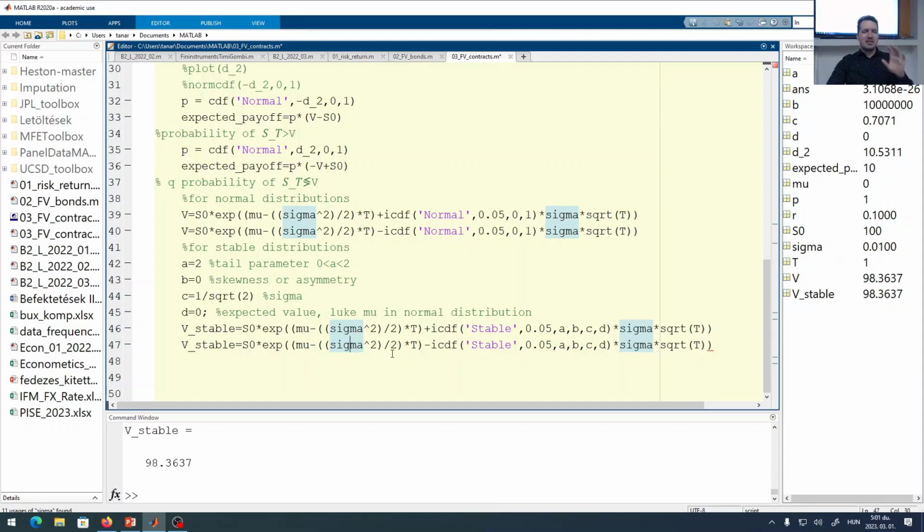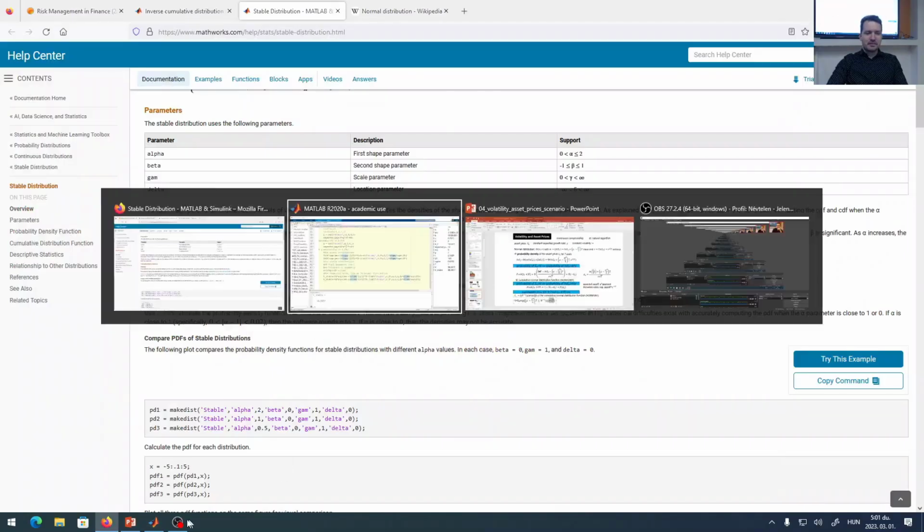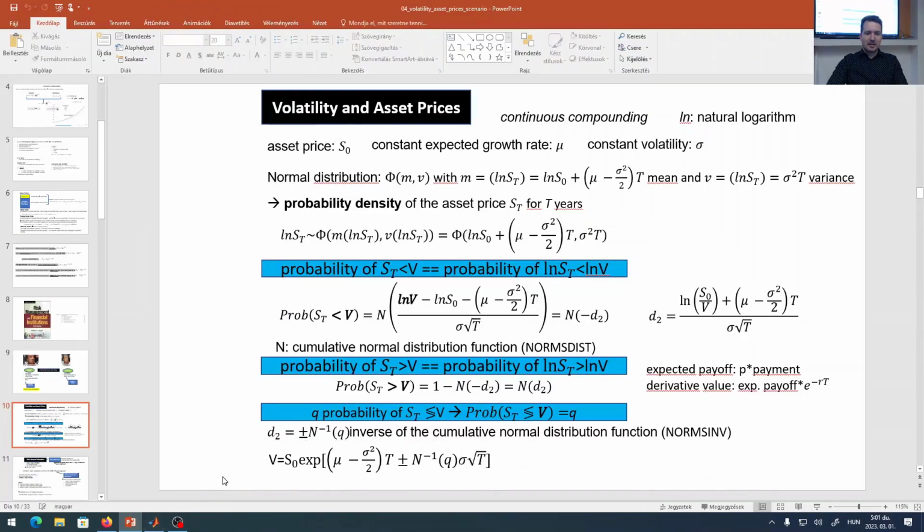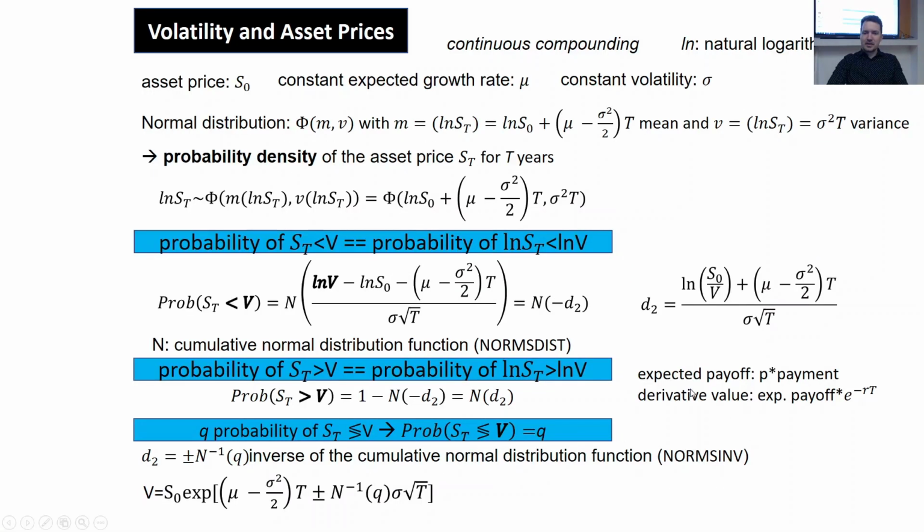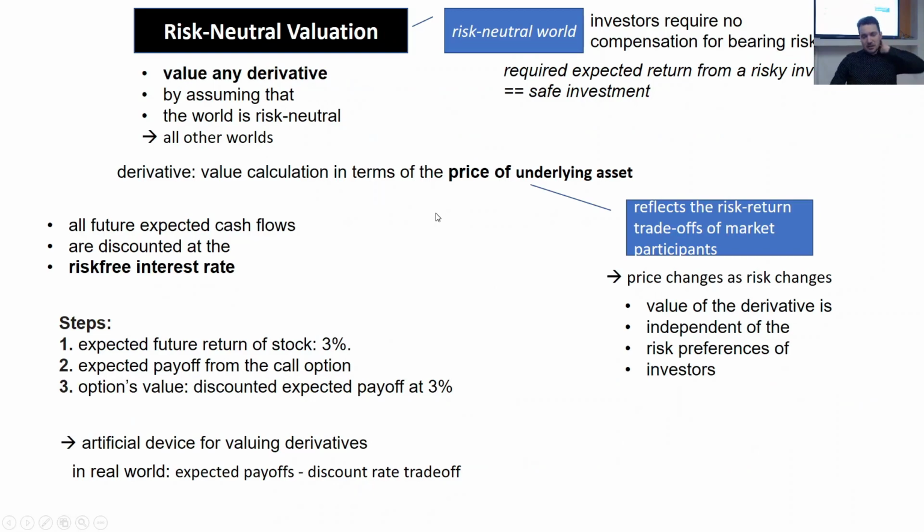So it's not nice, but it's functional. Because we are coming from this way. So yeah, okay. Then